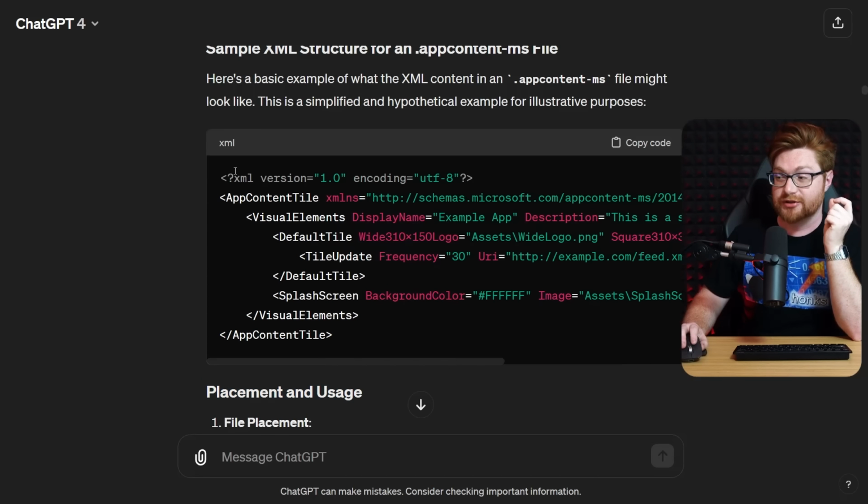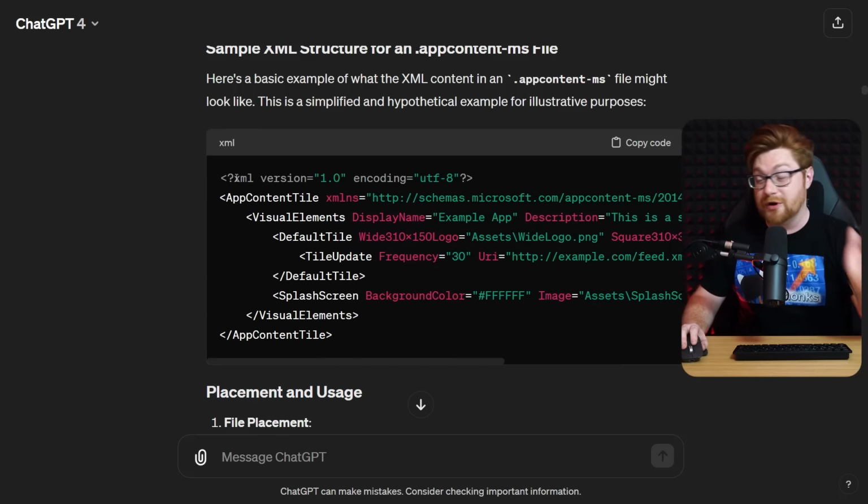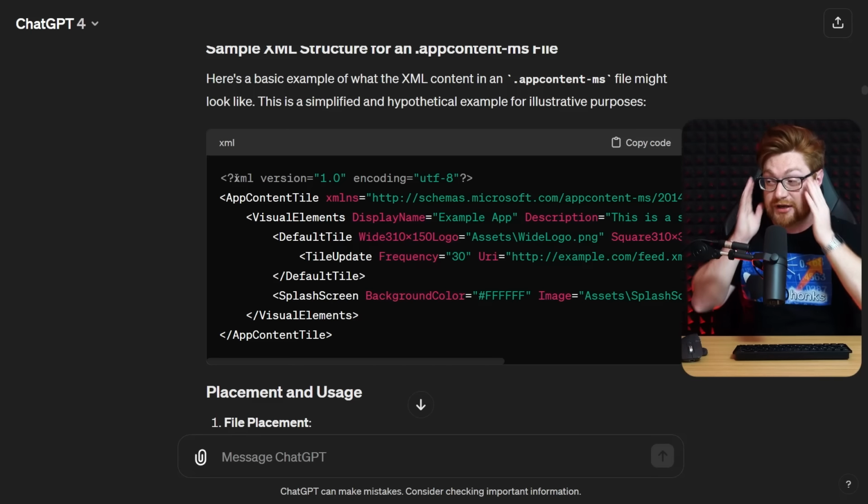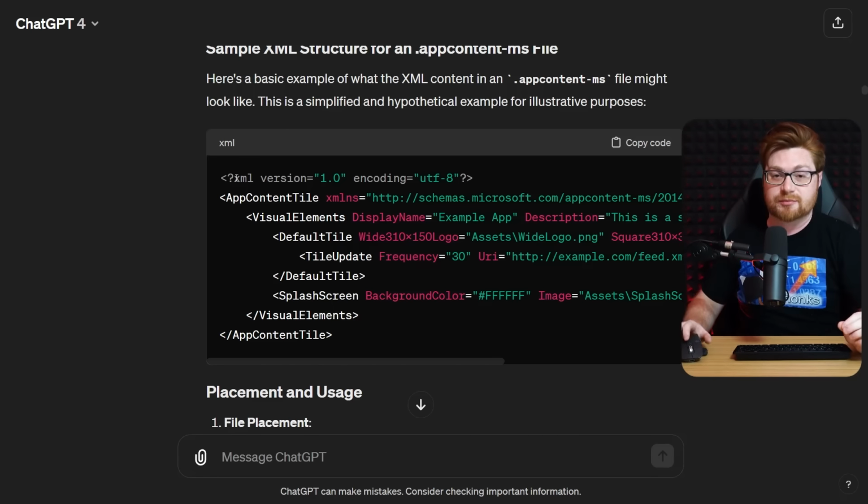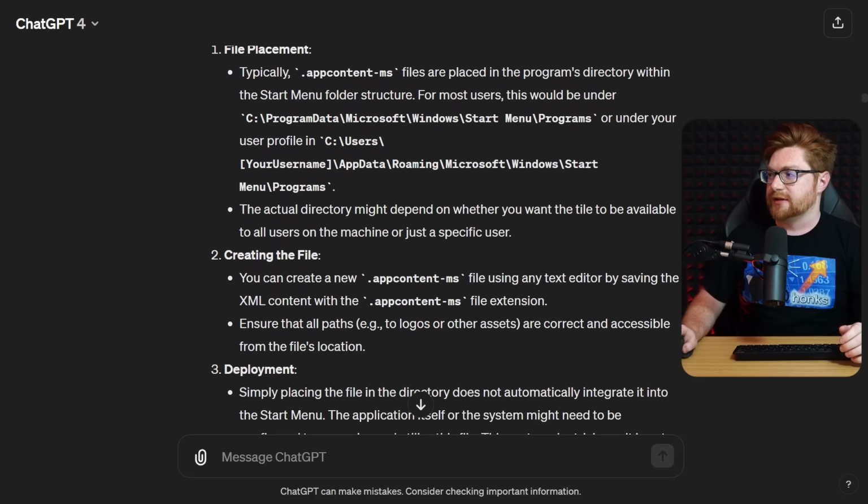I'm not sure if there's any malicious processing, parsing, weird stuff that could happen in rendering or working with the XML data. Look, that's probably going to get some low-level stuff. Typically, these are placed in the program's directory within the Start menu folder structure. We have a path here we could go explore, but those would just be the programs installed and set up